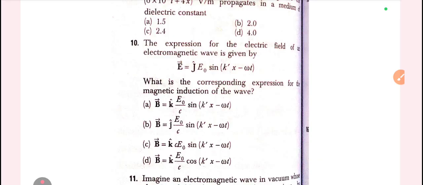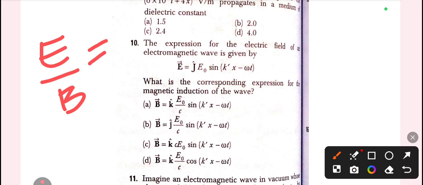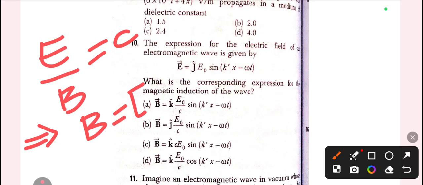We know that E upon B equals C. This clearly implies B equals E upon C. Here, if we see B equals E over C, divide this whole by C, and also we know that